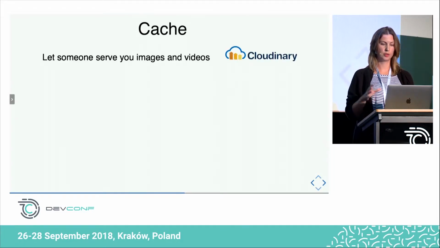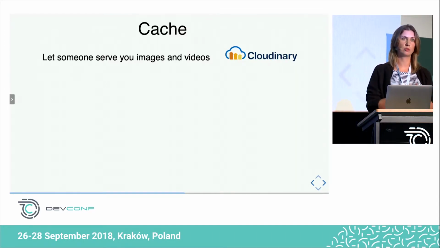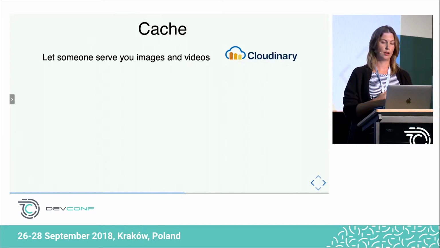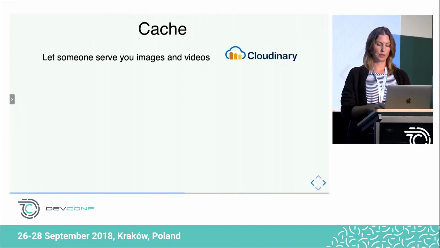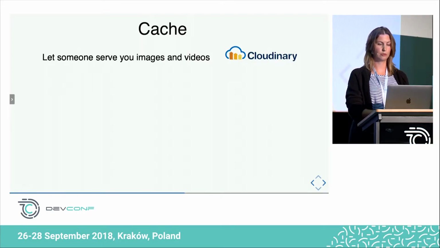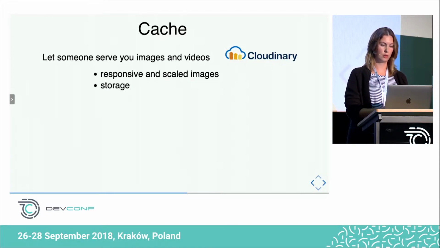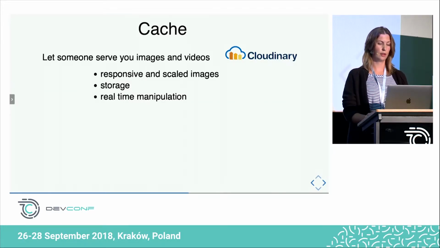Talking about cache and frontend, we couldn't avoid the topic of images and videos because they can get pretty heavy. For that, we have Cloudinary, which is just a CDN, but for images and videos. And it's used for responsive and scaled images. It can also be used for storage, or you can store it somewhere else, in Amazon or somewhere. And it allows you